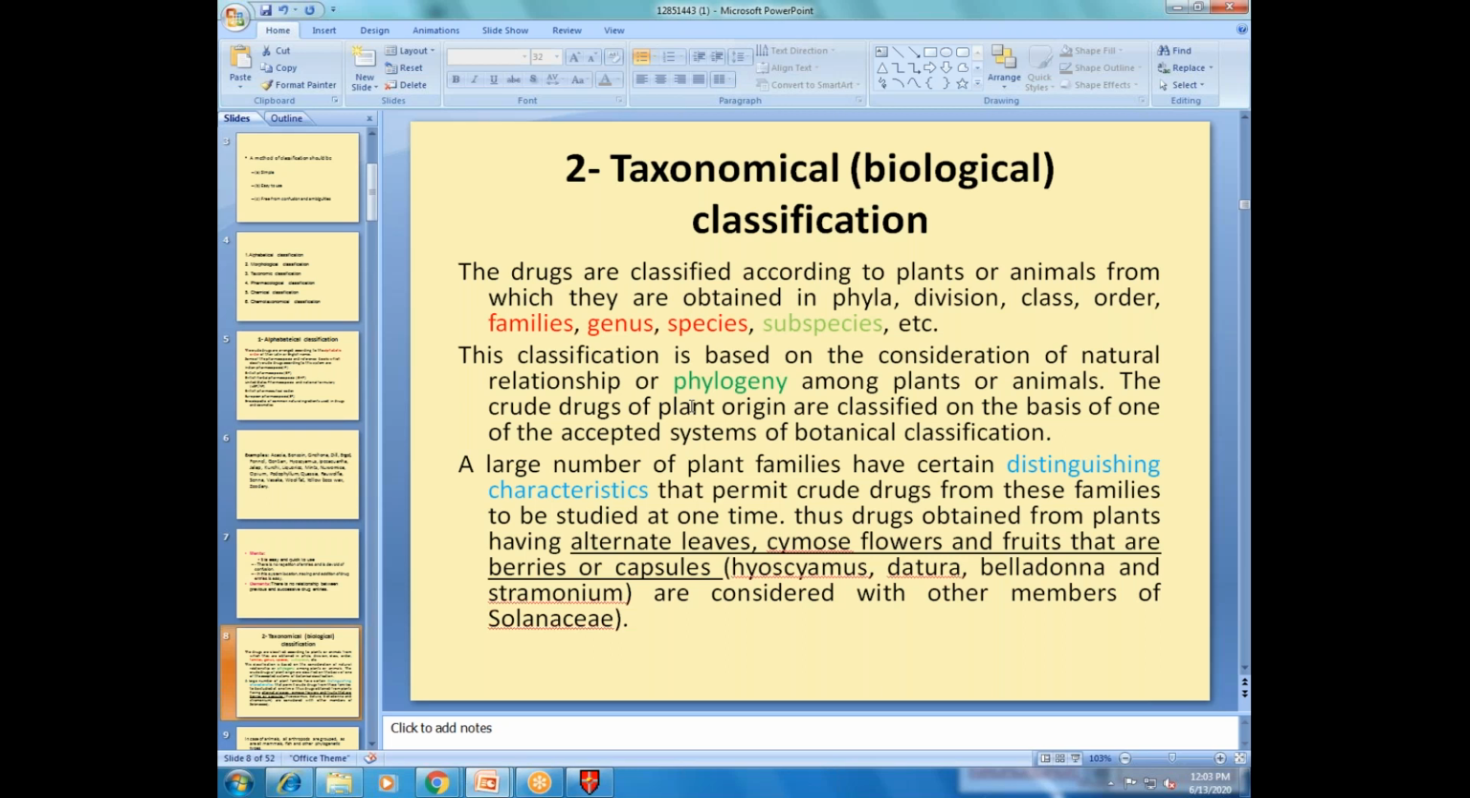We are grouping the plants which have similar morphological characters and chemical characters. Probably the morphological characters will correlate with the chemical characters. Those drugs we put into one family, that is called the Umbelliferae family. So a large number of plant families have certain distinguishing characteristics. Like that, the Solanaceae is one family, where all the drugs, like if you have seen the